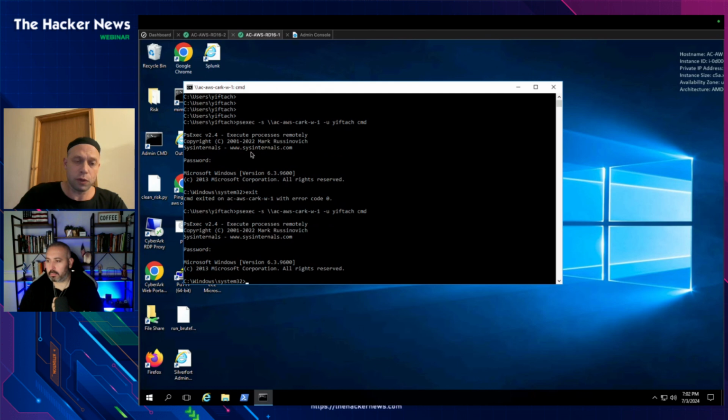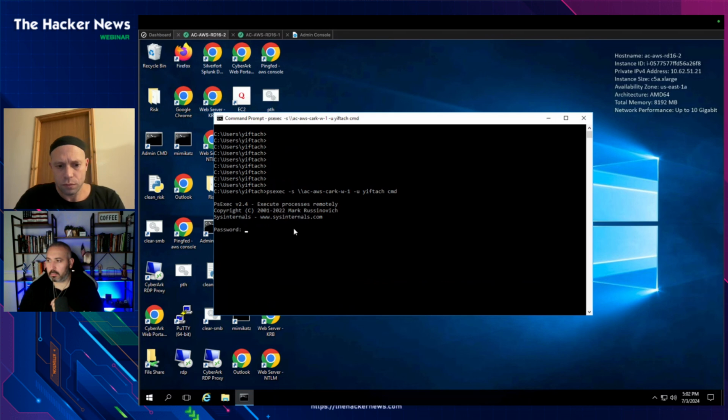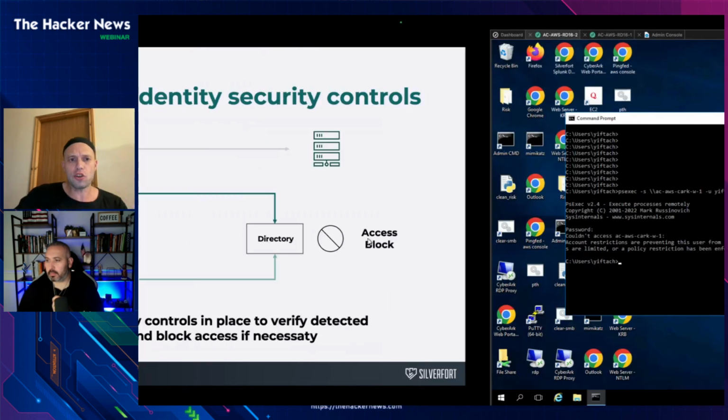Okay, I'm there, right? Because I'm the admin, and this is what I should do. However, if the attacker tries to do that now, so you see these three dots. Now what happens is, I don't know if you can see it in the camera, but I got an MFA asking, did you try to access that? And I'm clicking no. And the attacker can't access ACAWCCRW1. This is the power of being able to chain the threat detection of the ITDR with actual real-time